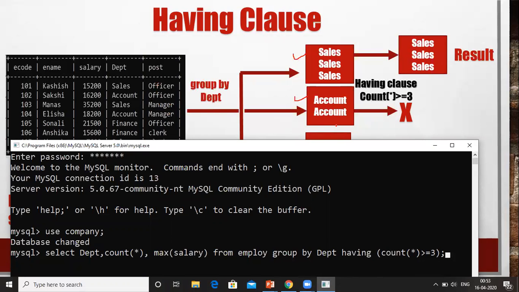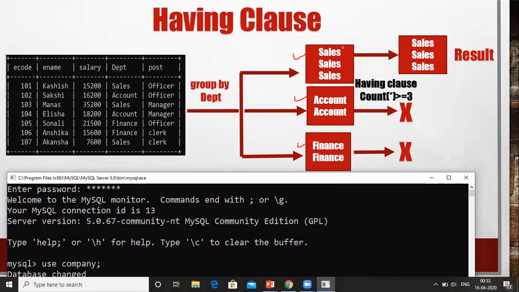Once the groups are created, the having clause is applied on each and every group, and those groups which satisfy this condition will be included in the result. As you see, only the sales department satisfies the condition; accounts and finance departments didn't satisfy this condition. That's why in the result we see only the sales department.